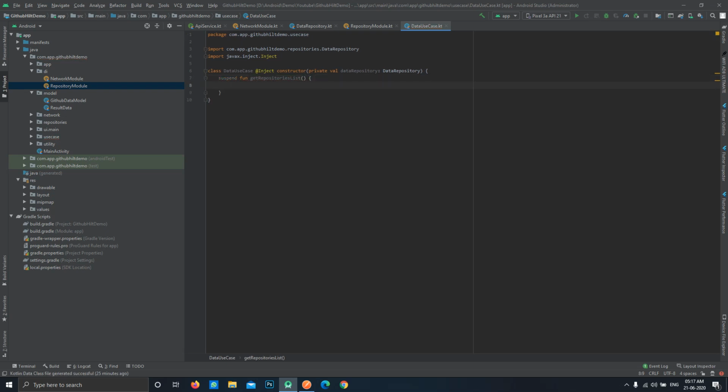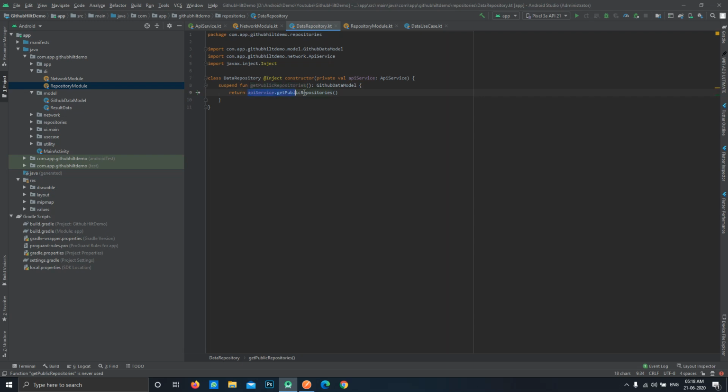What this function will do is call this function, which will call this function, and basically we haven't done one thing over here. We need to return the result of this function. Now this will call the API and get the result, which will be the GitHub data model data class, and it will return it by this function.